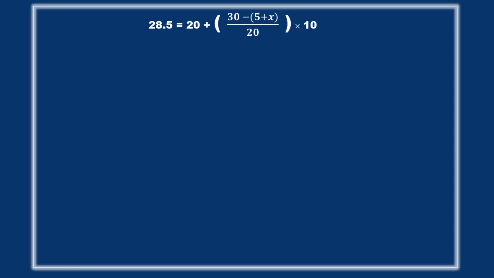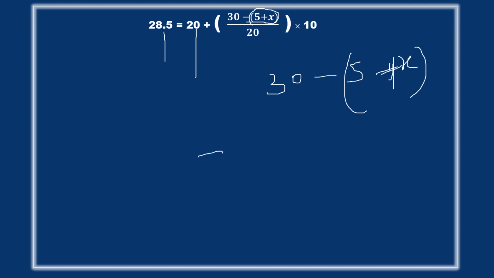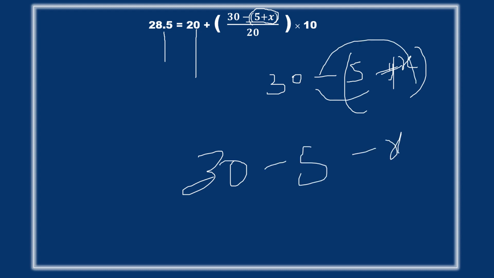Okay, so let us simplify this. So this is our step, right? So let us take this one as it is. Here 20 also as it is. Here don't forget to put the bracket. Suppose if we are writing in a hurry like this, 30 minus 5 plus X, then this problem goes completely wrong, because here it became plus X. But if you put brackets, it will be like this: 30 minus into plus minus 5. Next minus into plus is minus X. Okay, there is a lot of difference between these two.